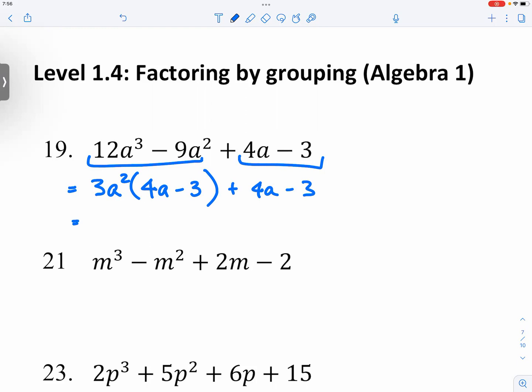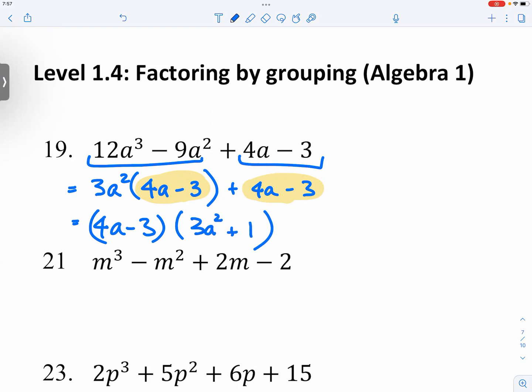So sometimes it's even easier. You don't have to do anything. Do you see any common factor here? You see that it's 4a minus 3. So what does that mean? You can take out the 4a minus 3. Make sure you use parentheses. And what's left? We say 3a squared